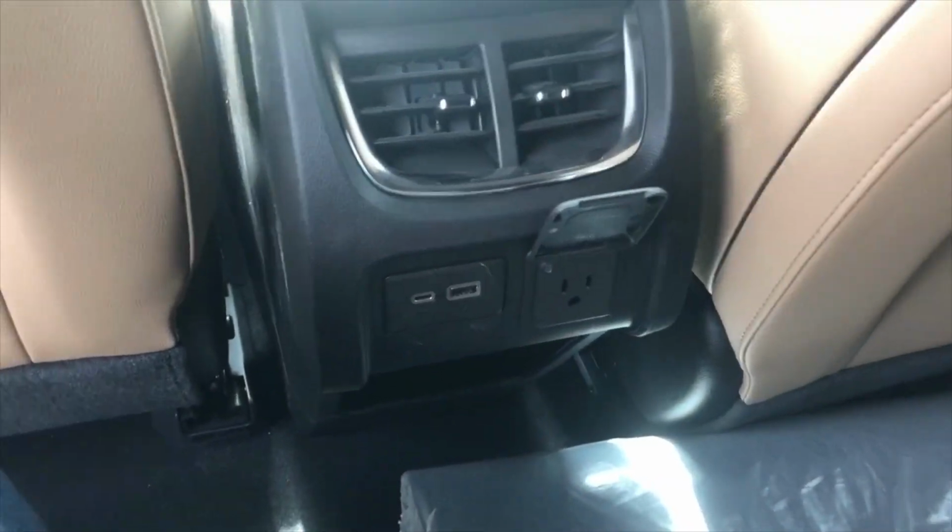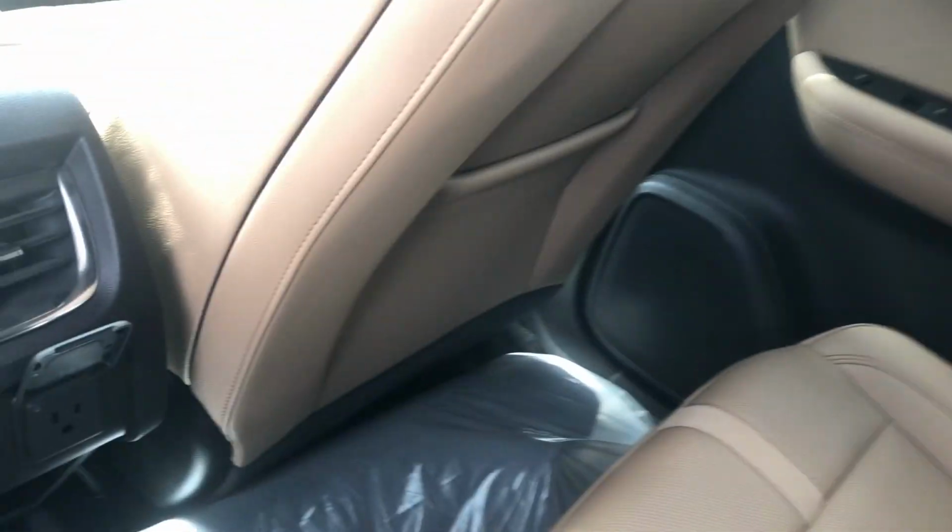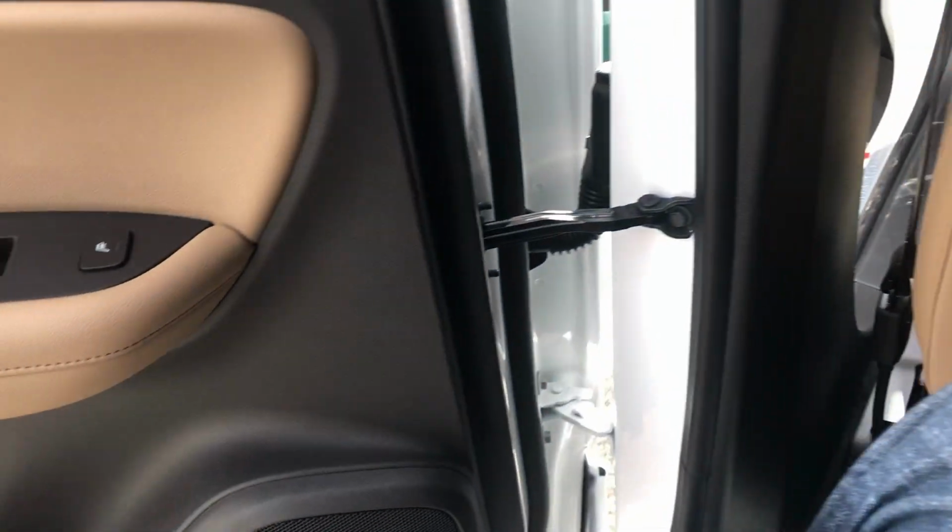Moving on to the back of the car, you see that even the back has your convenience back here. You got a whole household outlet in the back. You got your cup holders in the middle here. Not too much to see back here. In the back, you got your traditional